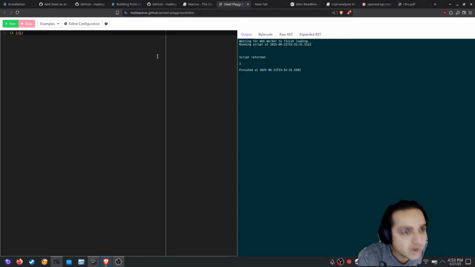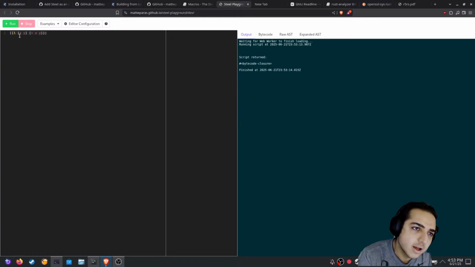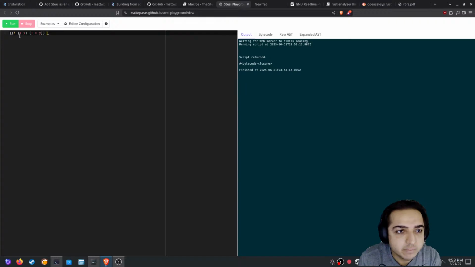Okay, it takes two arguments. It returns their sum. So this is bytecode closure. Okay, now Control A, insert n. There you go. If I apply this to 1 and 2,